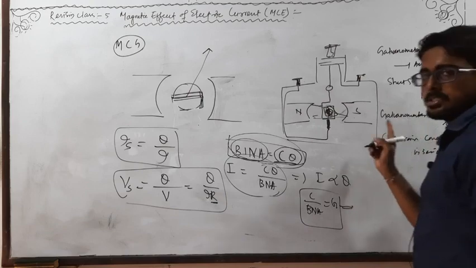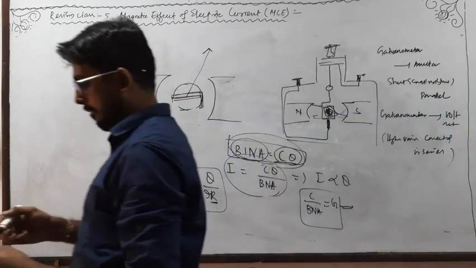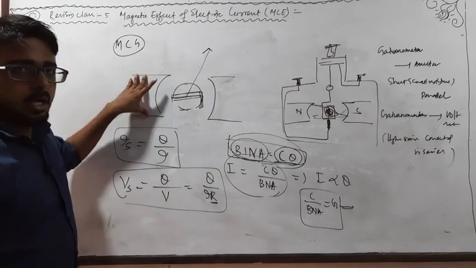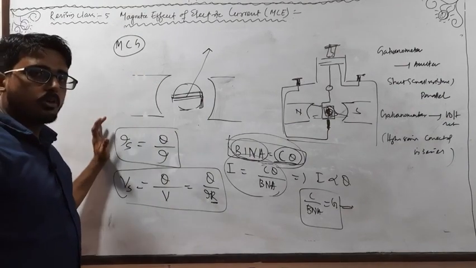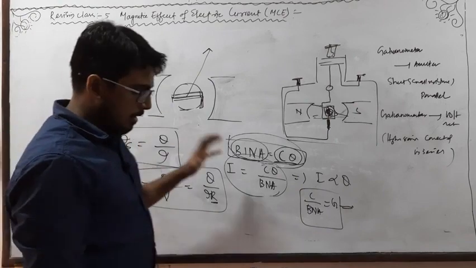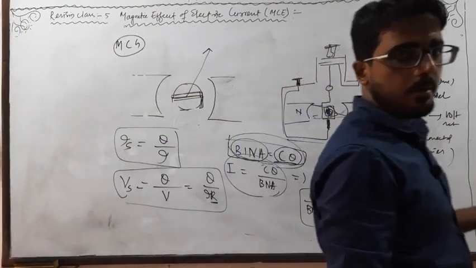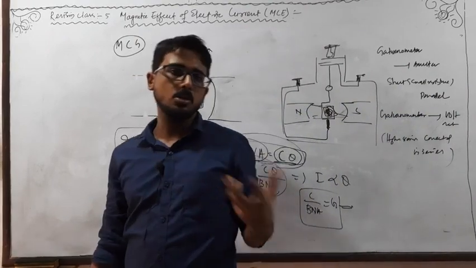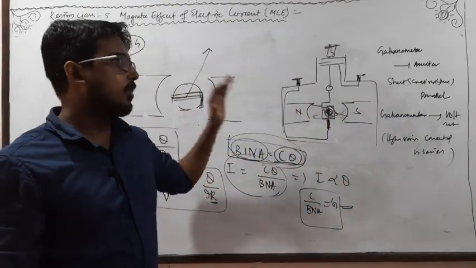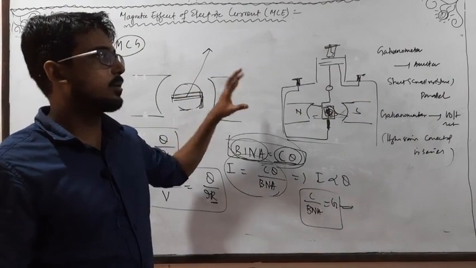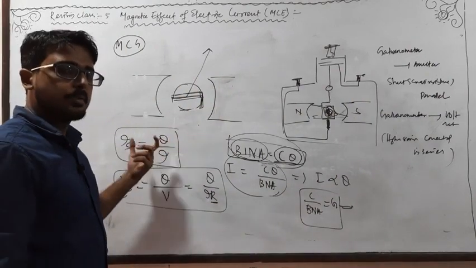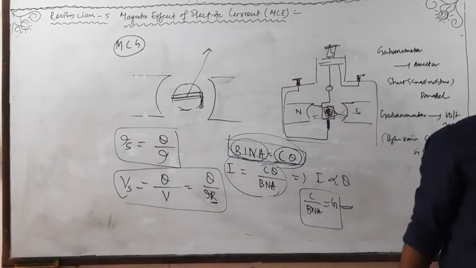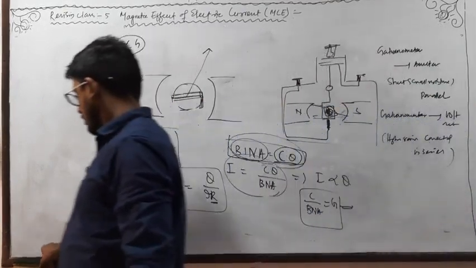You have to remember this, and for further details you can refer to the previous video lecture. Clear? So this is how a galvanometer works, on the concept of torque acting on a current carrying conductor. This is the principle of a moving coil galvanometer, in which a current carrying conductor placed in an external magnetic field experiences torque. And what is the galvanometer constant? How is a galvanometer converted into an ammeter and voltmeter? What is voltage sensitivity and current sensitivity of a galvanometer? Clear? So next we will study